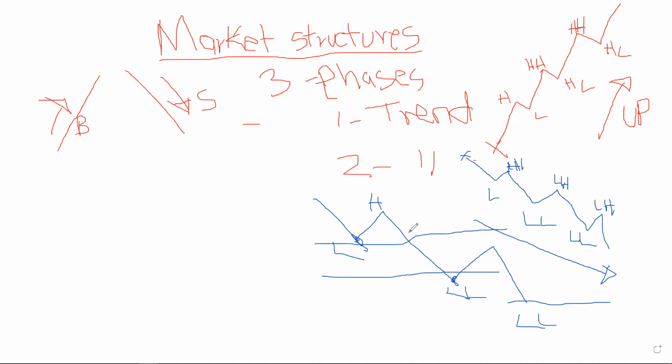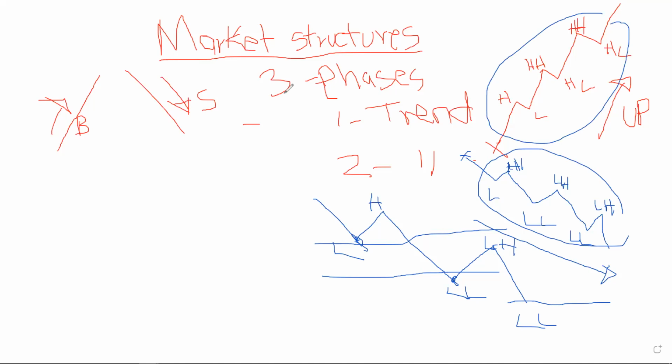But this point here, if this is a high, then it is lower, as you can see. You have to come lower. So this is a lower high. So this is down below, lower low, and then lower high, and so on. So it's just the opposite of what you see here. So the market moves, they say, about 30% of the time, not much, on a trend, whether it's going up or down. Now, the other 30%,